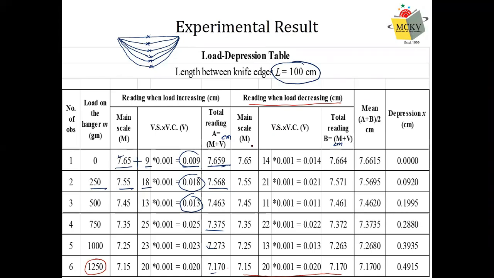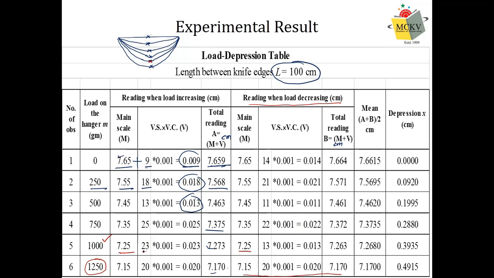So if there is some measurement error, that can be rectified, but we cannot rectify any random error for the last one. Now we will reduce the load by 250 grams. So now the load is 1000 grams, and under that condition, we will try to measure the main scale as well as vernier again. And when we do that, it is expected that this is the position we should get. So it is expected that we will get the same readings, and that is confirmed by the main scale reading. You observe same main scale reading we are getting, 7.25 in each case in centimeter. But the measurement error can be now improved.